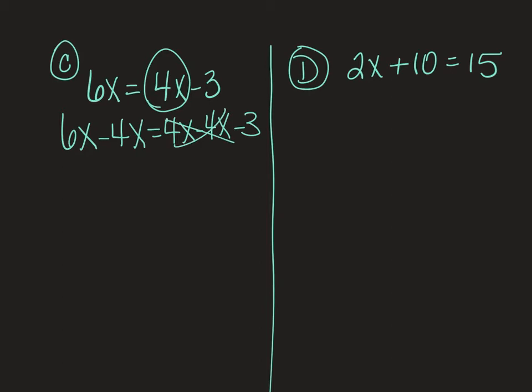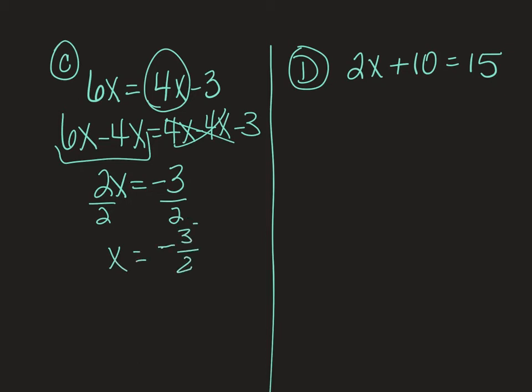So that cancels those out. Now you can go ahead and combine your like terms. 6x minus 4x is 2x equals a negative 3. Now, you have to divide both sides by 2, and your answer is x equals a negative 3 over 2. This is a case where it's okay to leave your answer in